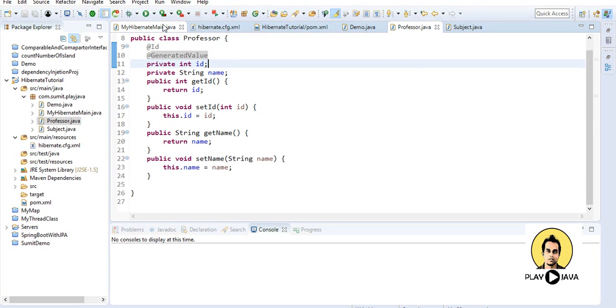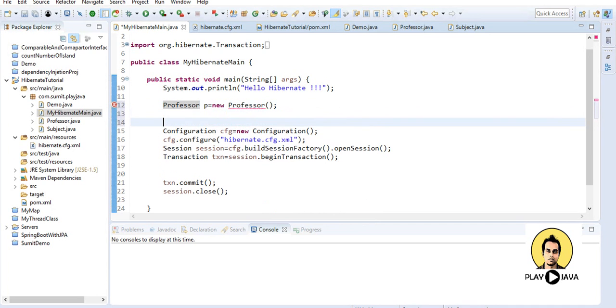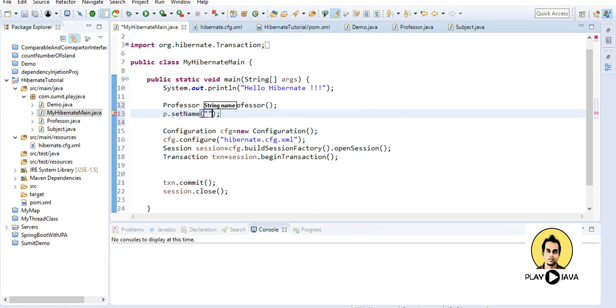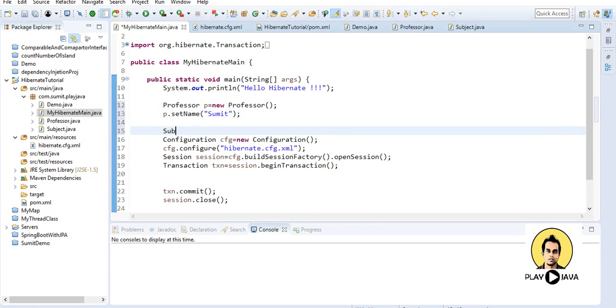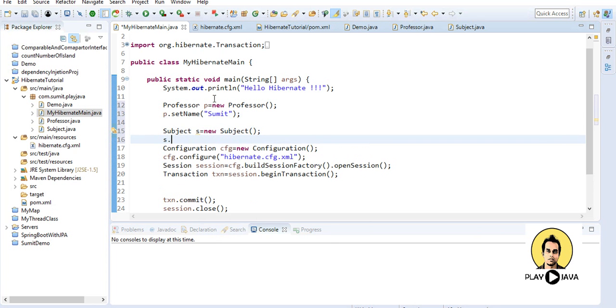Now what I will do here, I will call these two classes here only. Professor p is equal to new Professor, and I'll call p.setName as Sumit, and I'll make Subject s equal to new Subject, and I will call s.setSubjectName as Java.